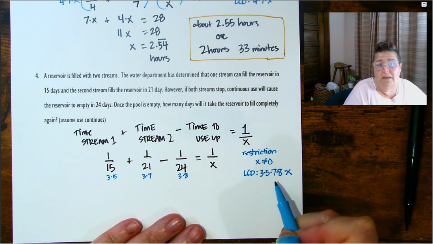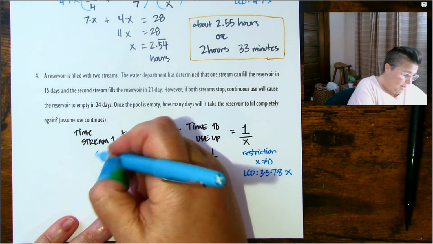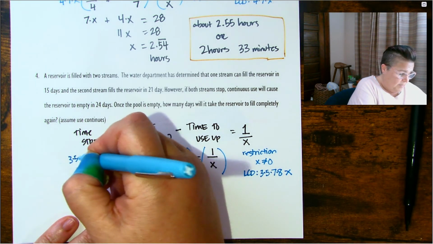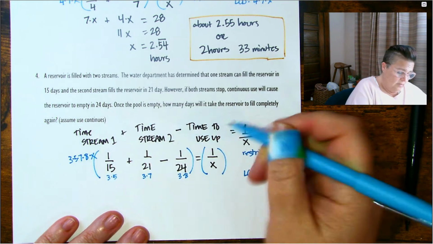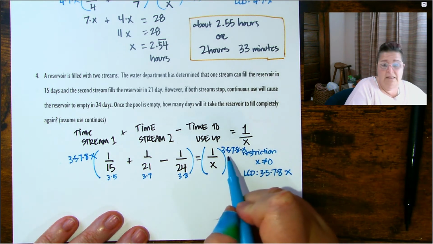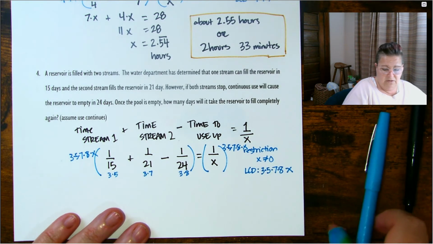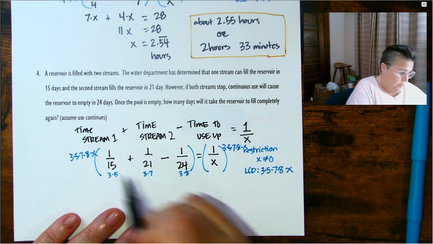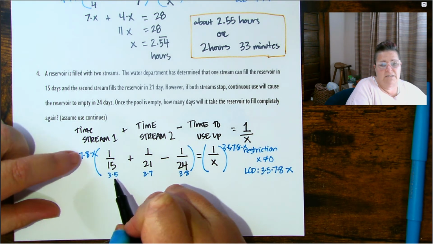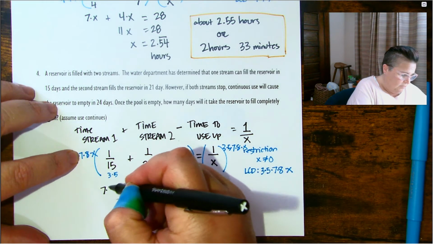So my lowest common denominator is 3 times 5 times 7 times 8. I'm not going to write in what that number is. I'm rather going to leave it as 3 times 5 times 7 times 8. Why? Because I need to multiply both sides by that 3 times 5 by 7 by 8 by x. And when I leave them all listed, it's going to make it easier to cancel with the denominators that are there. For example, when I multiply all of these by the first one, I already know 15 is 3 times 5. So I know it's the 3 and the 5 that'll cancel, and I'll be left with 7 by